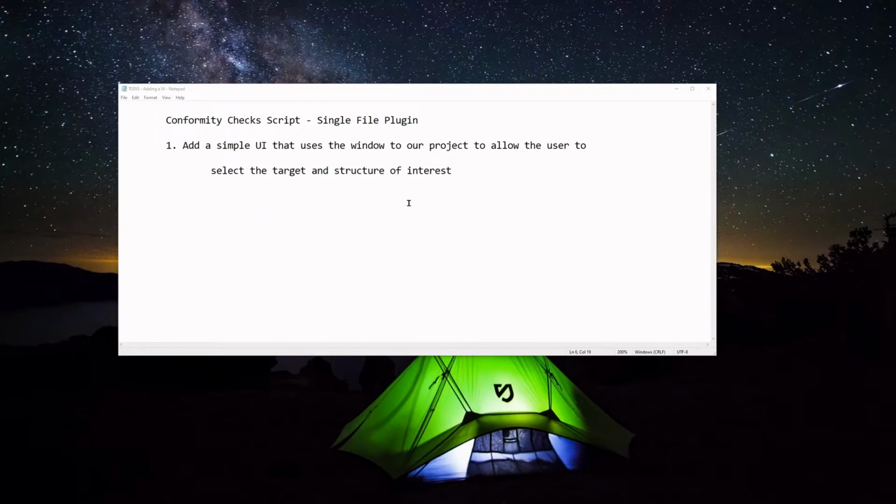I think what I'd like to do is start to utilize a very simple UI that will allow the user to select the target and structure of interest that they want to use to calculate their CI from. So right now what we're currently doing is selecting the target volume,